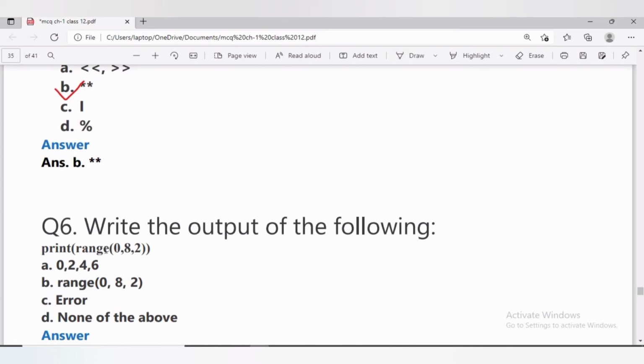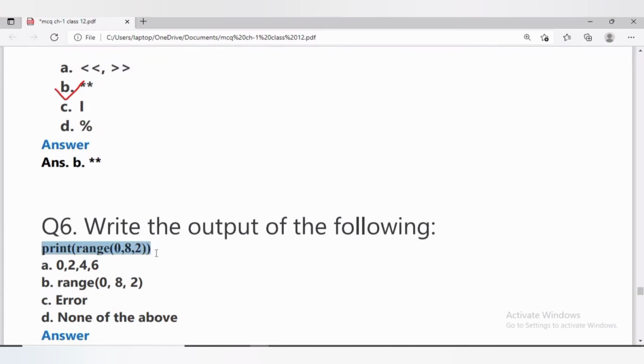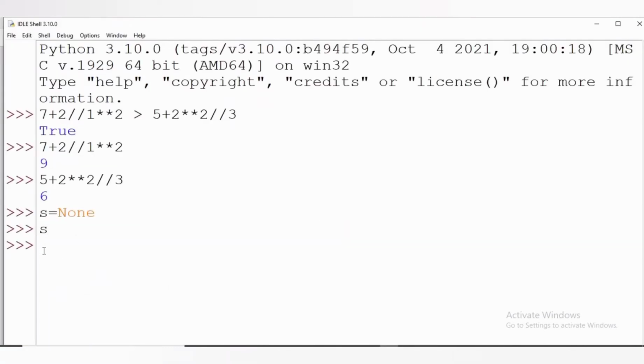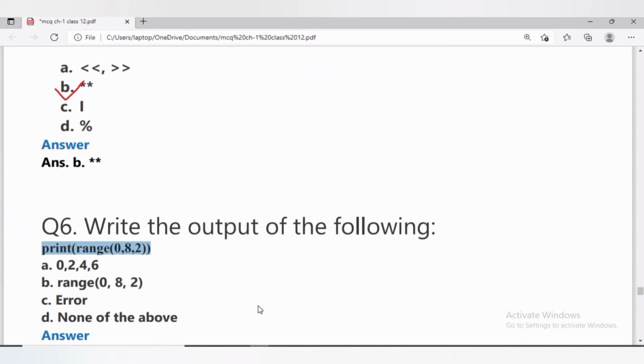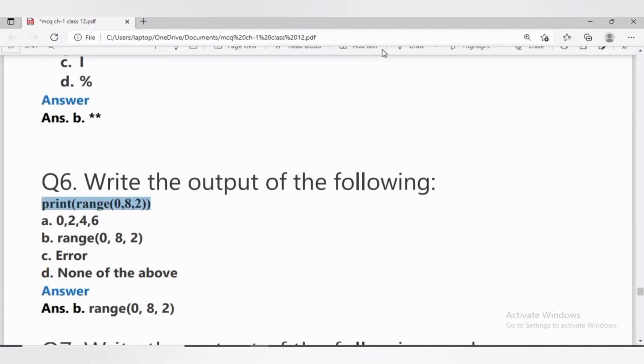As we know, print function will print whatever there inside the bracket. It will simply print range 0, 8, 2. We can check the answer in Python also. Answer will be option B, range 0, 8, 2.